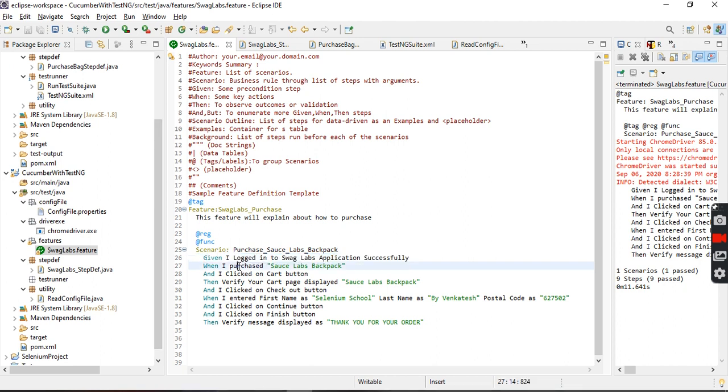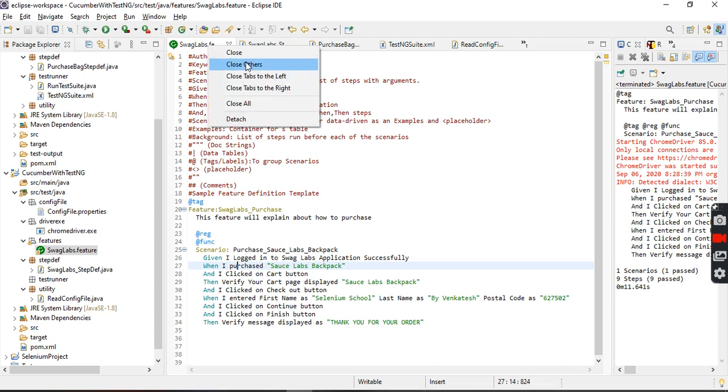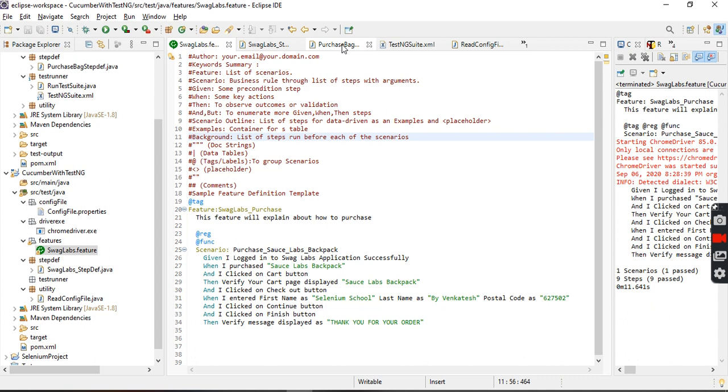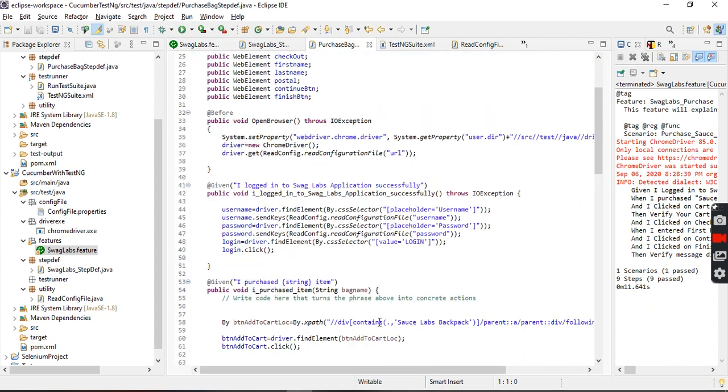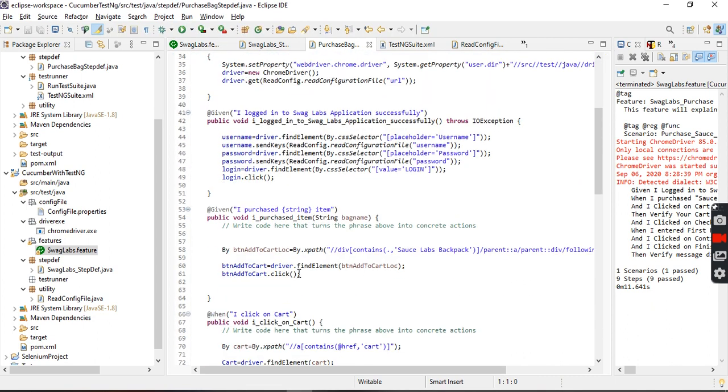Okay, so what is the next one saying actually? When I purchased, what do you mean when I purchased? You are going to purchase this particular one, right? How to do that actually? Okay, let's go here, close, here, right?